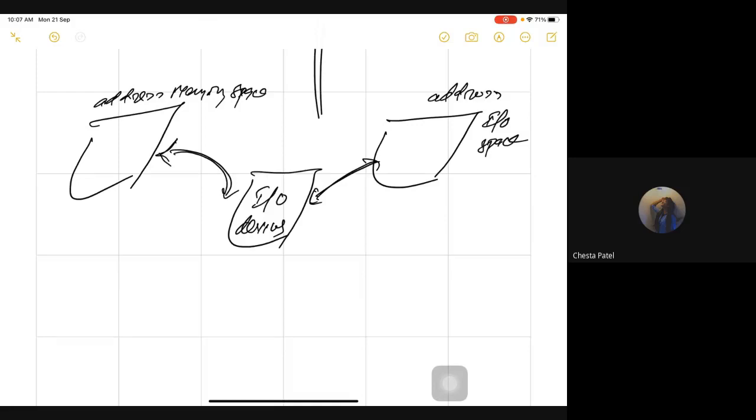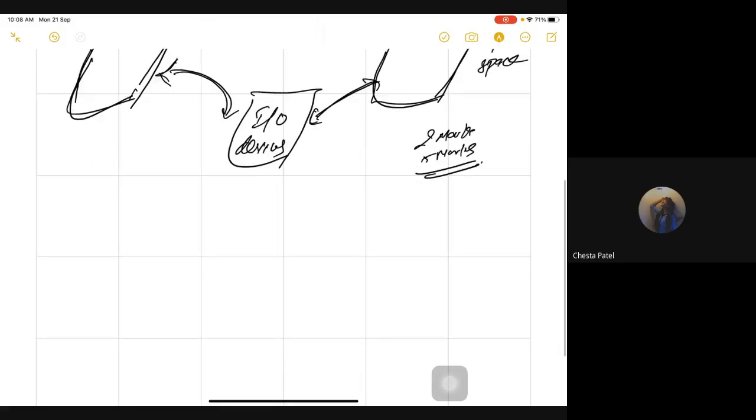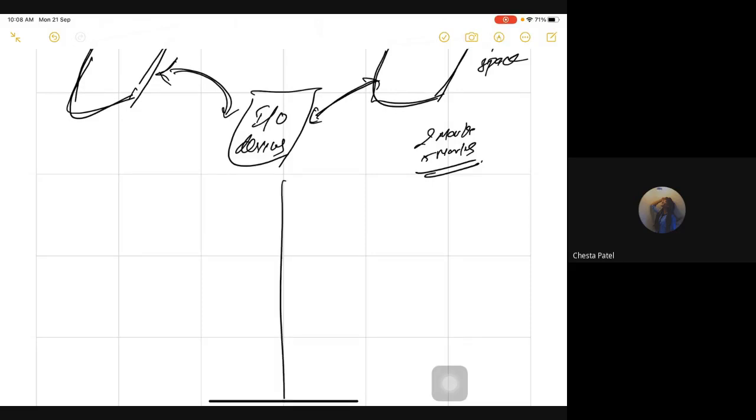So what do you mean by mapping? I need to give an address to my printer, scanner or input output device so that I can communicate with that device. There are two ways to give the address: one is by giving the address from memory space, and the other by giving the address from IO address space. Normally in the exam, these questions can come for 2 marks or 5 marks, every time. So concentrate and try to understand the difference between memory mapped IO and IO mapped IO. Let's start with IO mapped IO first.